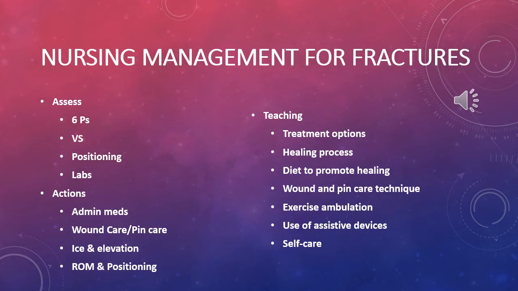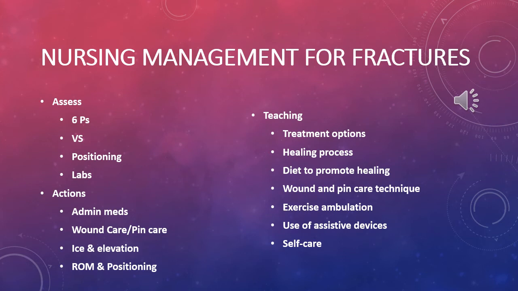Moving on to nursing management for fractures. So the first thing we're going to do, of course, is an assessment. We're going to do assessment of the 6 Ps, which again include pain, pressure, paralysis, pallor, paresthesia, and pulselessness. We're going to compare the neurovascular assessments to previous assessments, and we're also going to compare them to other extremities. This is very essential. Vital signs will indicate hemodynamic stability, positioning of the affected area, labs, and we're going to